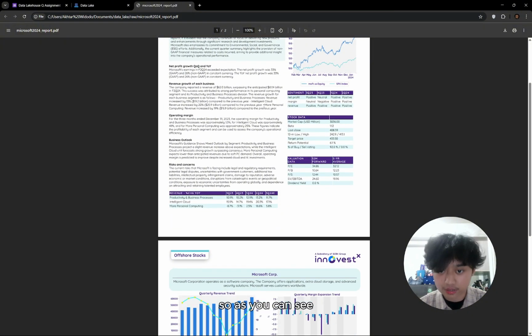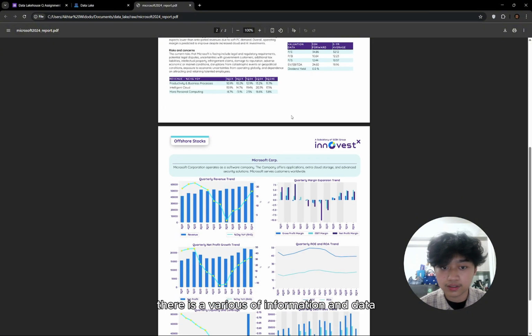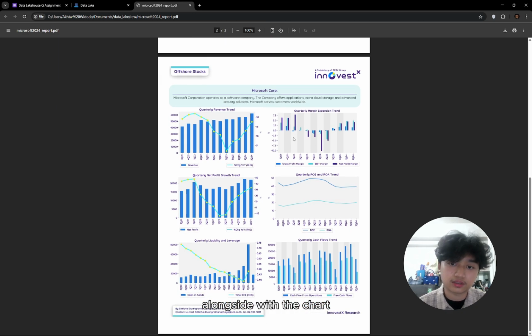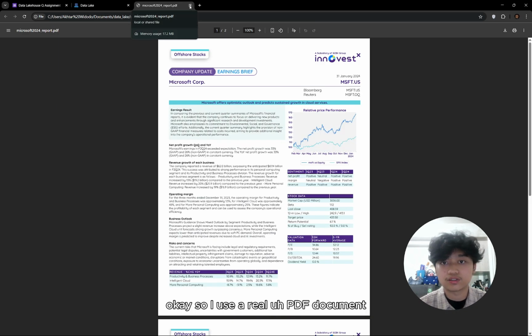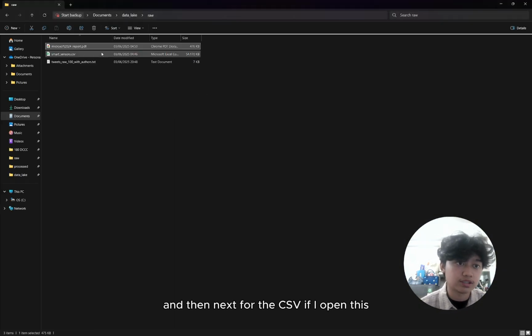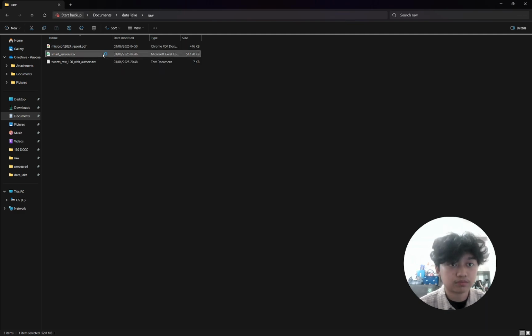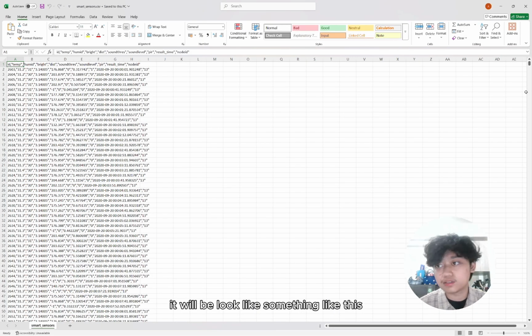As you can see, there is various information and data alongside charts in the PDF. So I use a real PDF document. Next, for the CSV, if I open this, it looks something like this.